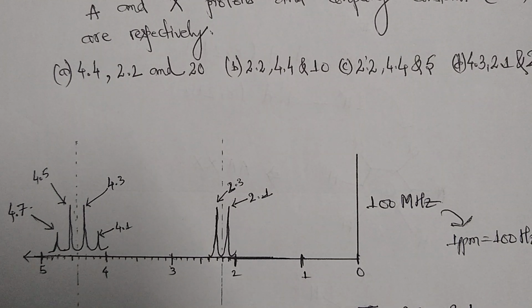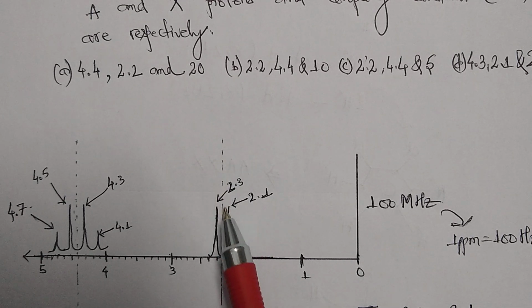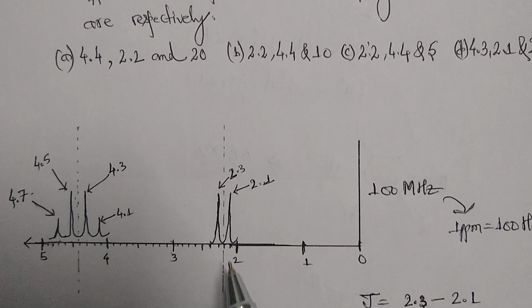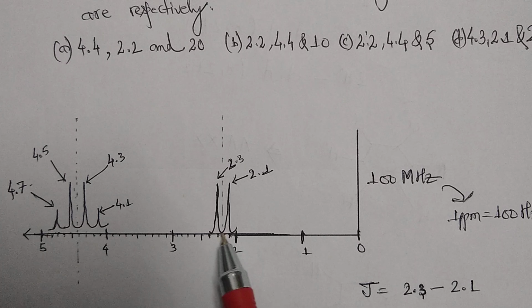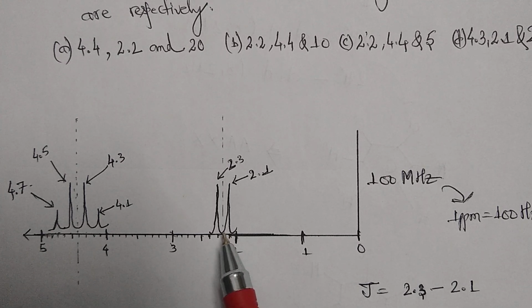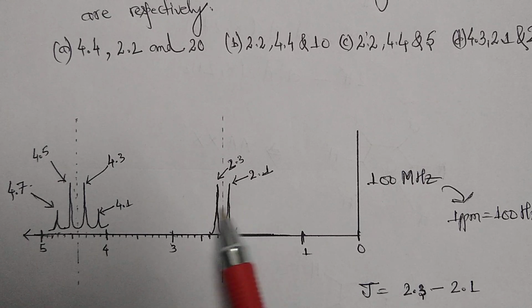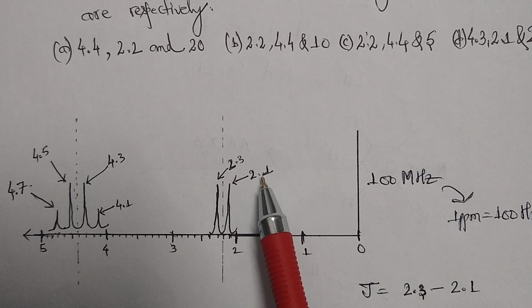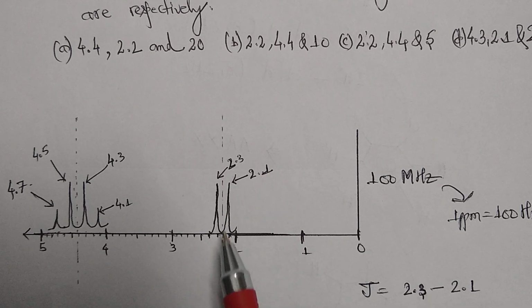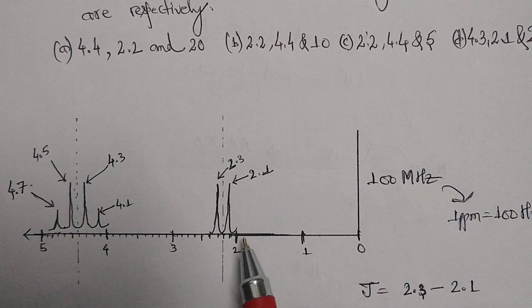If we see these peaks carefully, then here for this doublet we can observe this middle line which I have produced, that will exactly cross by touching the 2.2 here. Now for this doublet the chemical shift will be at 2.2. That we can calculate by just adding these two numbers and dividing by two. So we will get 2.2 from there also, but with this figure also we can calculate.